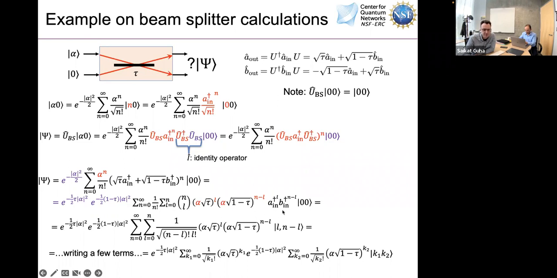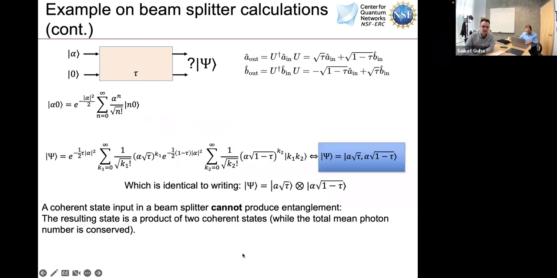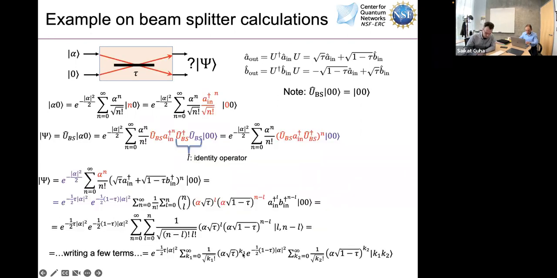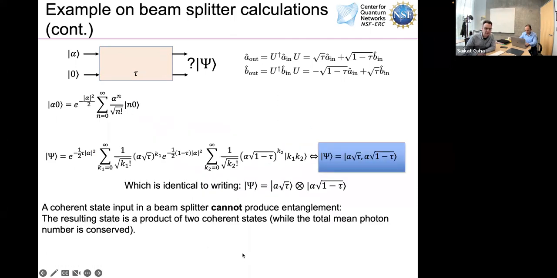I'm sure that all of you can follow these simple steps from this line to this line. I write a few terms. I rearrange a little bit my summation. And what I get at the very end is exactly this relation, which means that I can view it like a